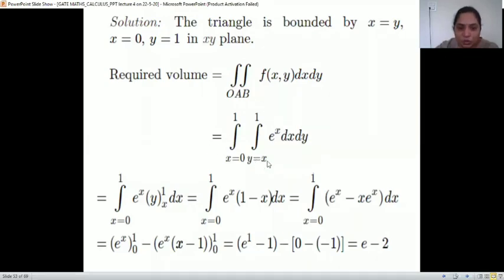So with respect to y you are integrating, so e raised to x is constant and integration dy is y from x to 1. So it is integral of e raised to x into 1 minus x dx, right? So e raised to x minus x e raised to x, integrate it, we get e raised to x minus, Leibniz we can apply here. And if we apply Leibniz, with the minus sign, x minus 1, we can check this, or you can use it as a standard definition, e raised to x, x minus 1 from 0 to 1. Upper and lower limits, and it is e minus 2. Have you got the answer? Have any one of you got the answer?